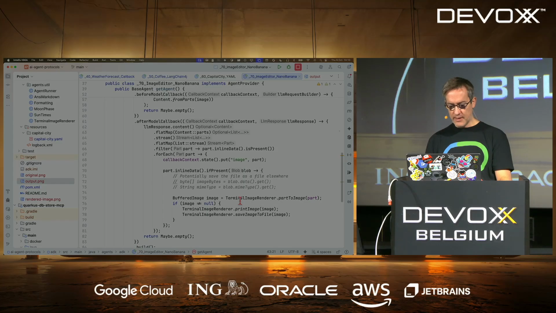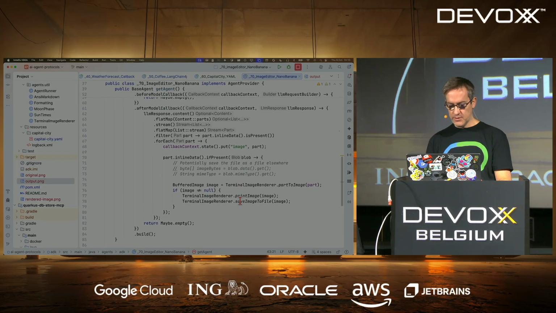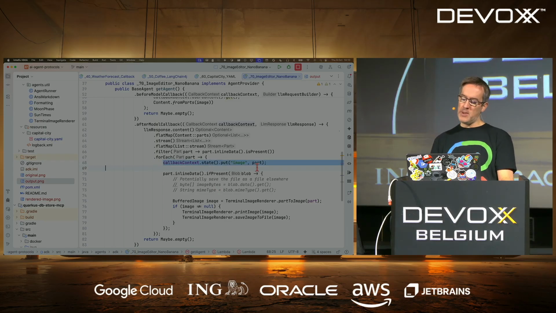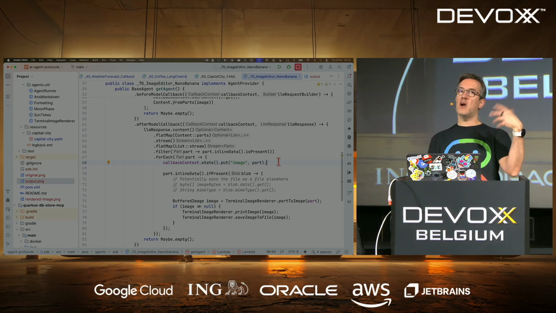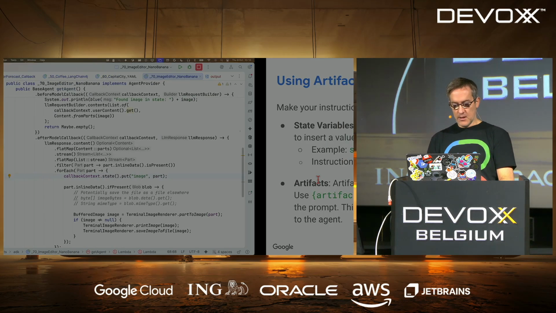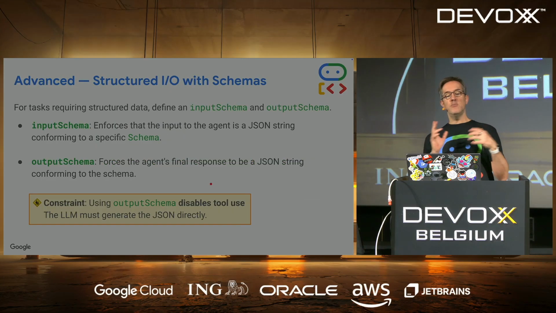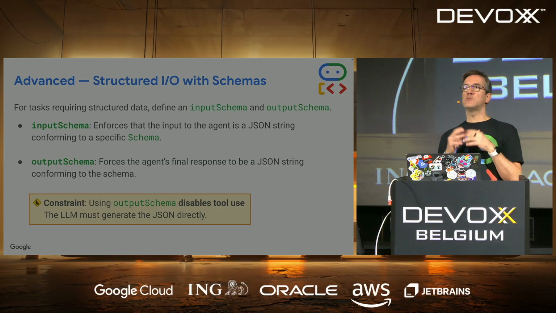No, or actually I think I've put it in the state, so I wasn't even using the artifacts. Maybe it's not the cleanest way to implement it. I should put it as an artifact and modify the artifact, but here I put the image in the state directly. All right, artifacts. You can also define an input schema and an output schema if you want to ensure